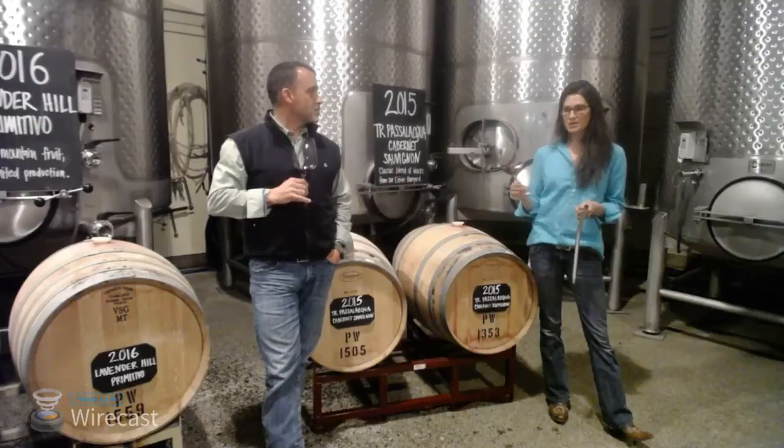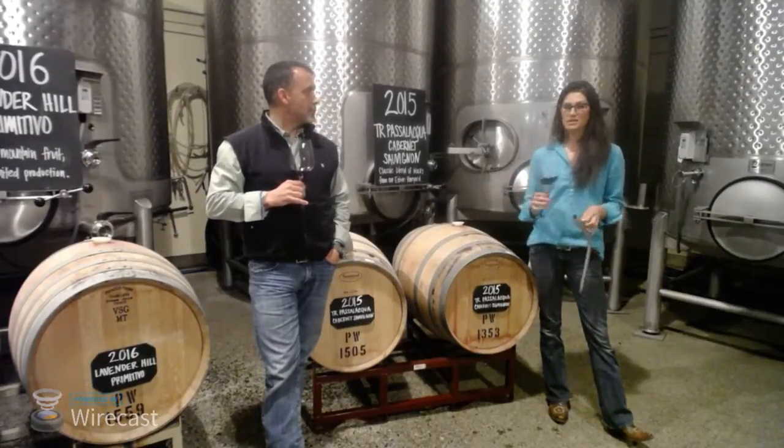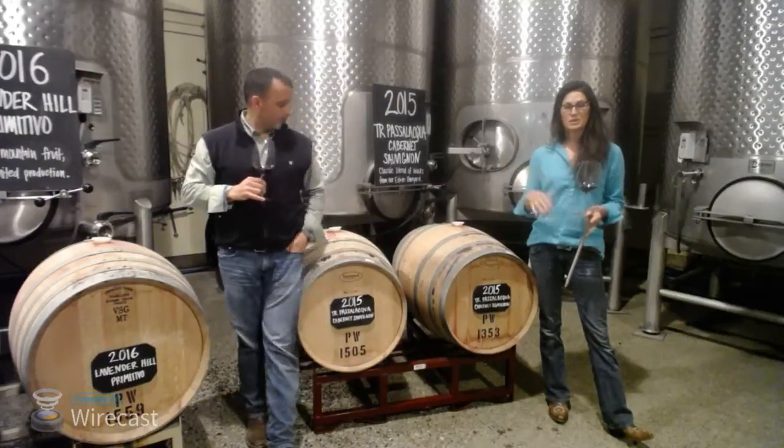And these cabs are aged longer in barrel, in thinner stave oak, in 100% French oak, and all these things that we're doing are to...